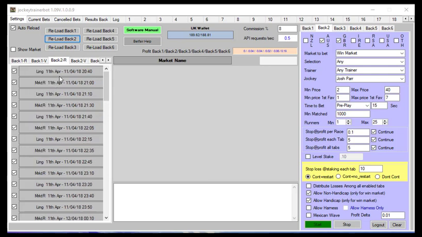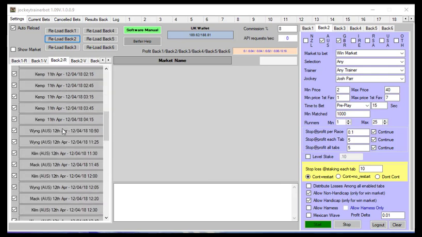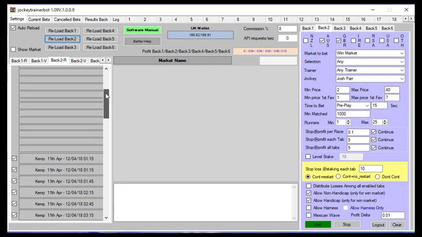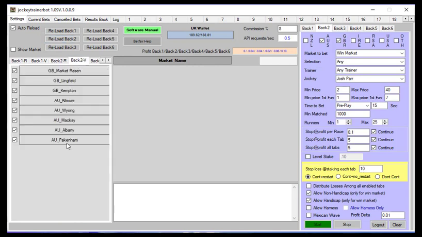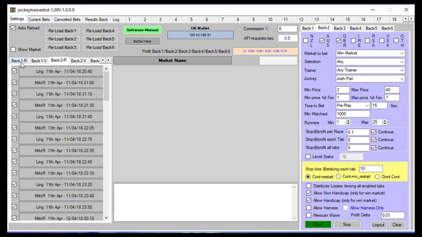showing you now just UK racing showing there, and down further then we get into tomorrow's Australian racing. And the R stands for racing and the V stands for venue. So these are the venues that will all be covered by back two if we left it the way it is. Now, if you want to micromanage